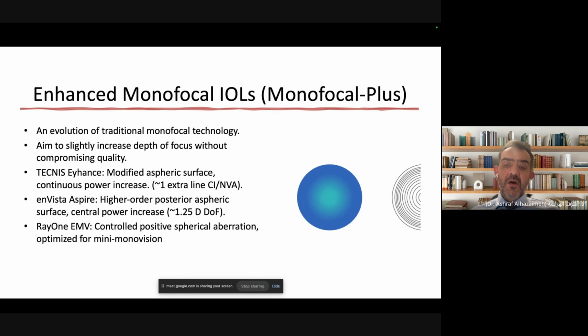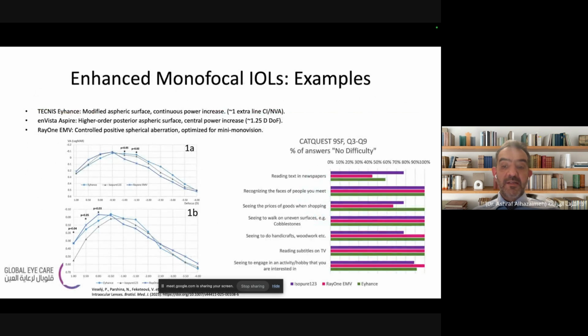And this lens will have the same characteristics of the monofocal IOL, plus it will give the patient some advantage at intermediate distance. In my practice, I shifted from implanting monofocal IOL as the primary lens, if the patient doesn't want any EDOF or multifocal, to implanting enhanced monofocal IOL, which will give the patient some advantage on the intermediate distance without compromising the far vision. You can see in this